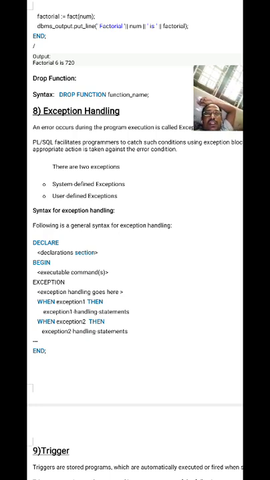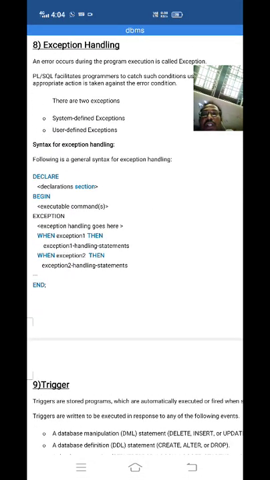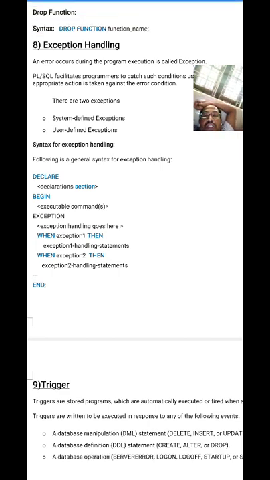Like that, you can write any number of when clauses, any number of exceptions, because you don't know what type of exception will occur, so you can write more than one. And finally end. So this is the way to handle the exception.